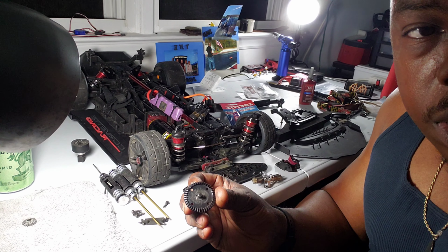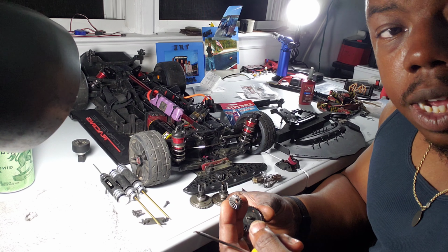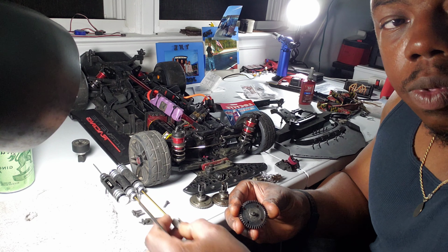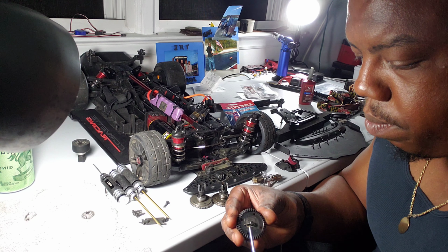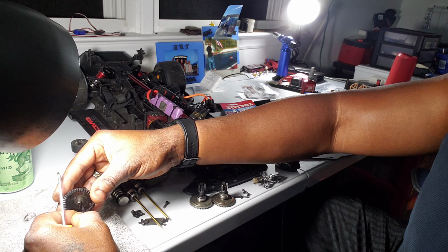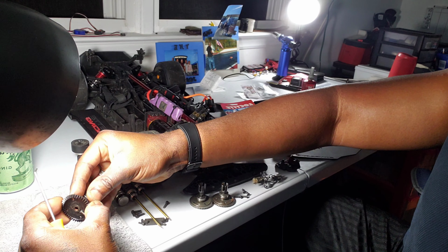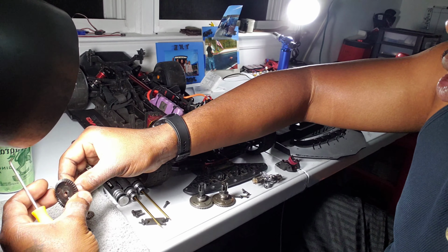All right, y'all. I took the gear off of the diff. I took off this gear on the inside. It goes to this with the pin. Just going to take the pin, push that out. Get rid of that. Then I'll pull out the drive cup. Pull up the drive cup. Take off the gear. And then you're going to be left with